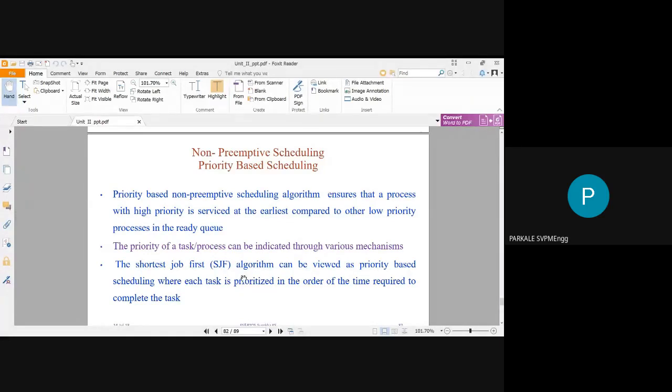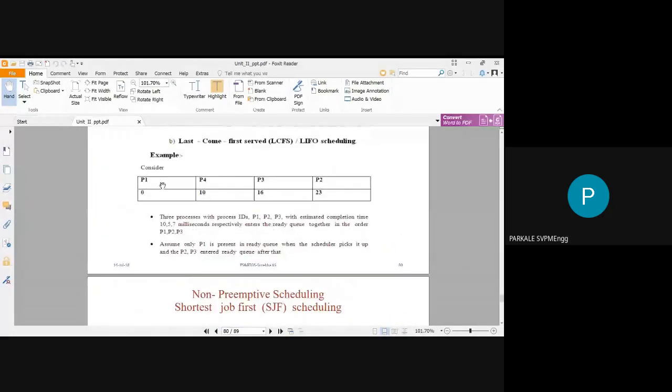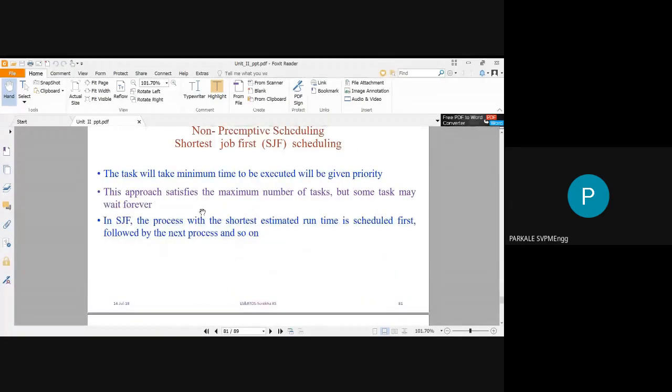Okay, so it's a very simple algorithm. You have to just understand the principle, and then you will understand the scheduling algorithms also. Shortest job first means you have a number of tasks or processes. You estimate the execution time of all of them, and the task which requires the smallest execution time, you select first. The same principle is applied in the second step, the third step, and the fourth step. That is very simple. It has some advantages and also disadvantages.